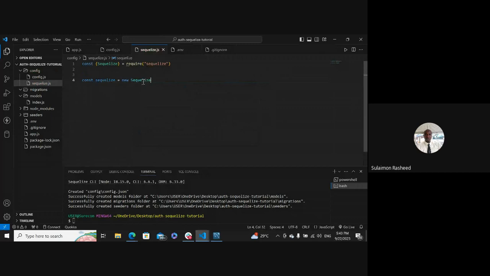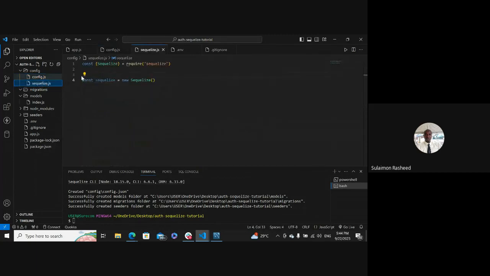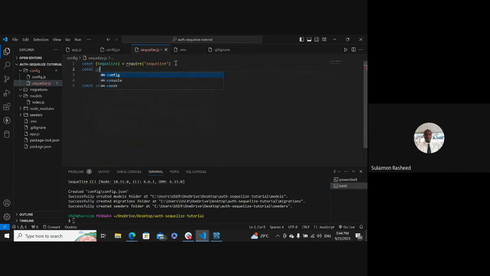To pass your credentials. And what are your credentials? They are stored in this config file. Because you have exported this configuration file, you are going to import it here. So here, I'm going to say const config, I want to import that configuration, config equal to require